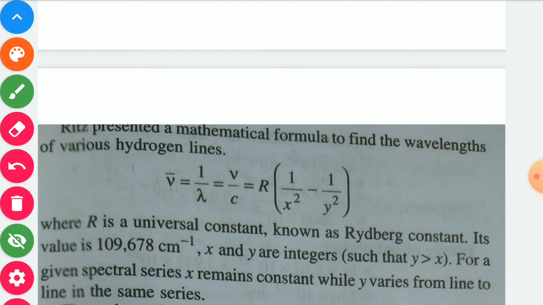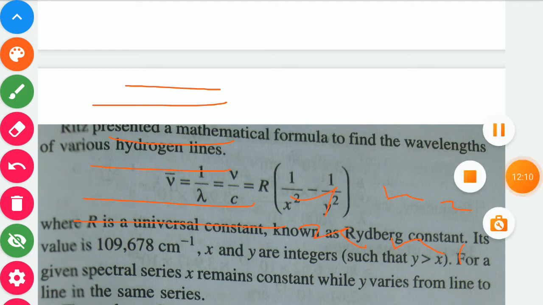So here, if we take the different spectral lines and indicate this one as x and this one as y, then we may take the value 1 in place of x and 2 in place of y. So the value of x is always found to be less than the value of y, meaning the value of y is greater than x.